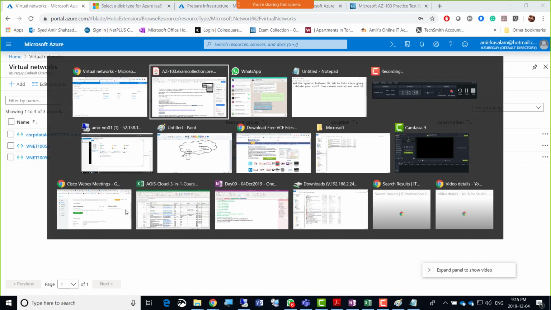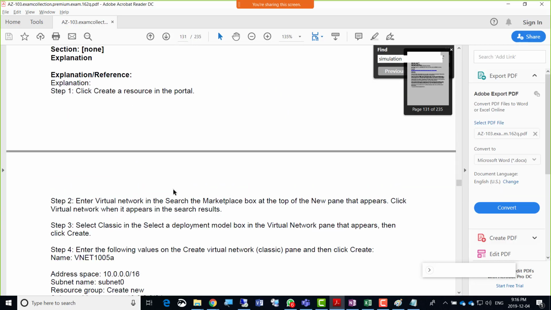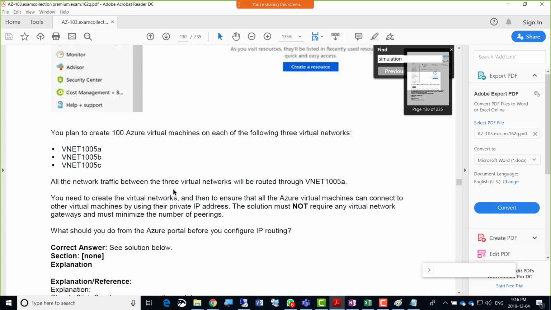So if we go back here, the question says that you need to create the virtual networks, and then ensure that all virtual machines can connect to other virtual machines by using their private IP addresses. The solution must not require any virtual network gateways, and must minimize the number of peerings. All the network traffic between the three virtual networks will be routed through VNet 1005A.